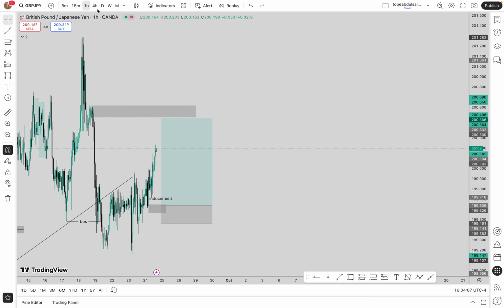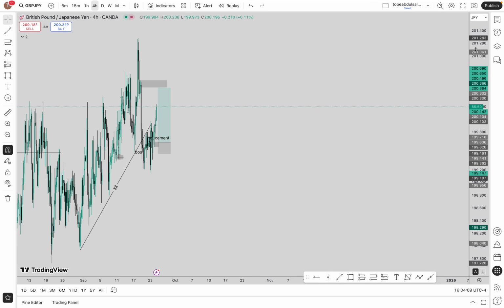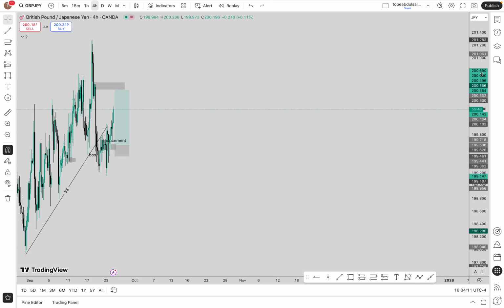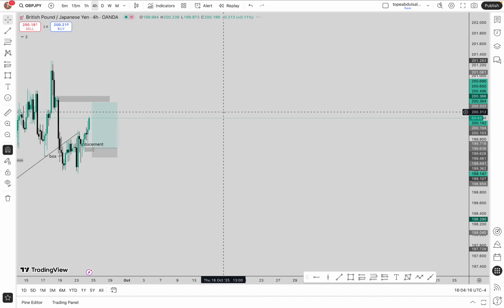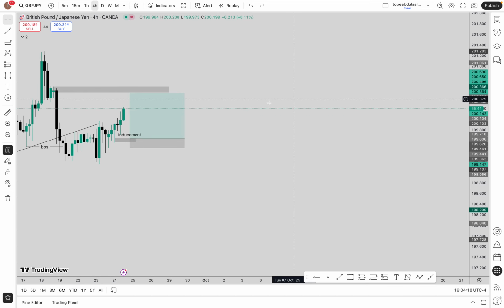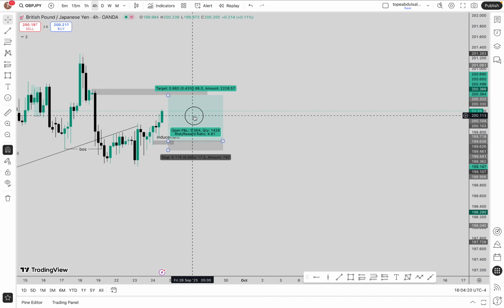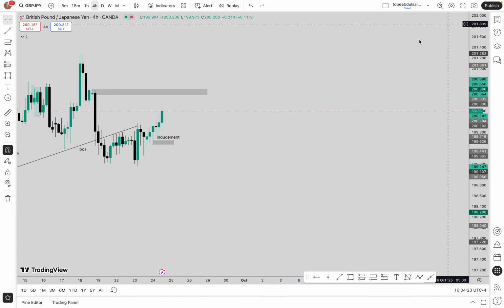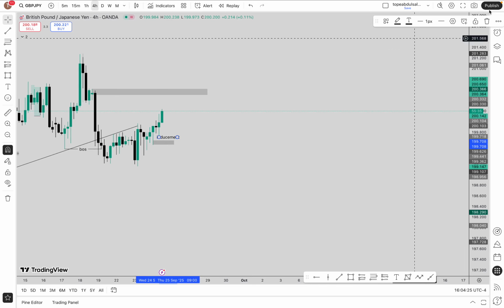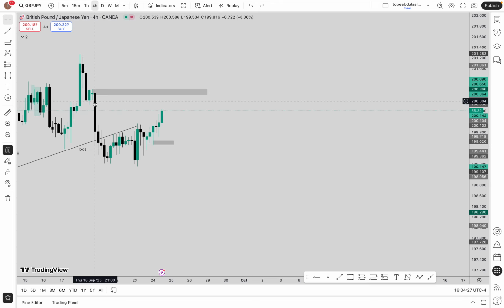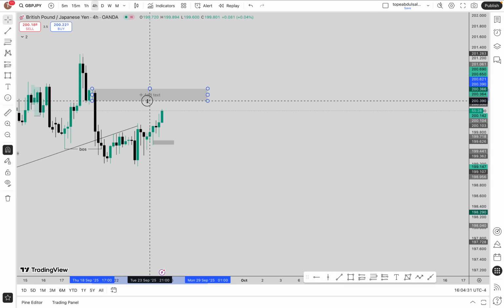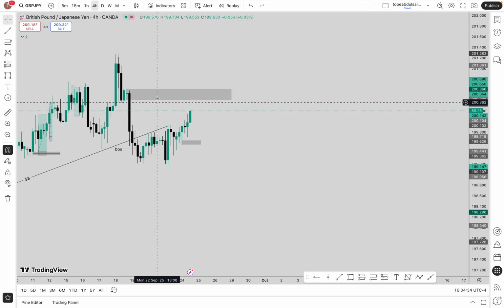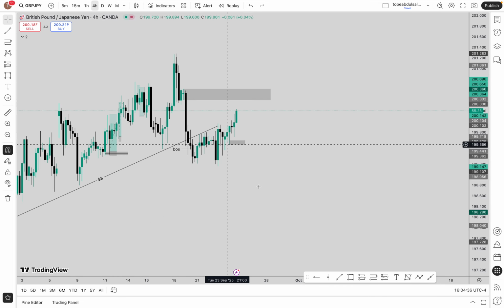Let's go on the 4-hour time frame. This is what the 4-hour time frame looks like. I'm looking at this area right here, this 4-hour order block right here. That's where I'm looking for price to reverse, because this has already